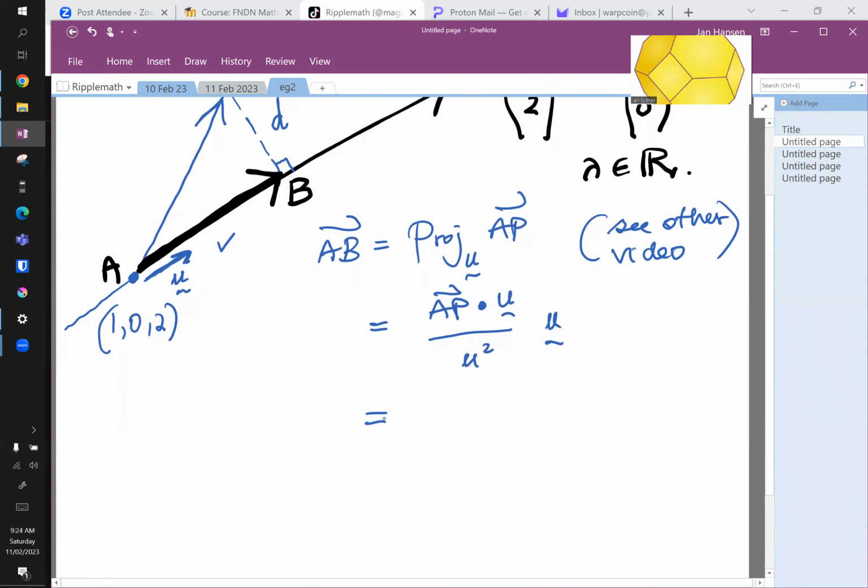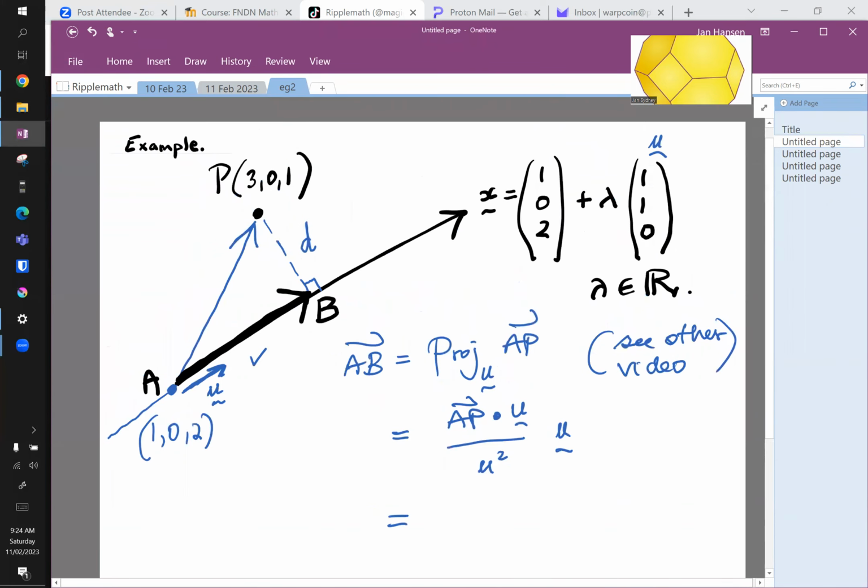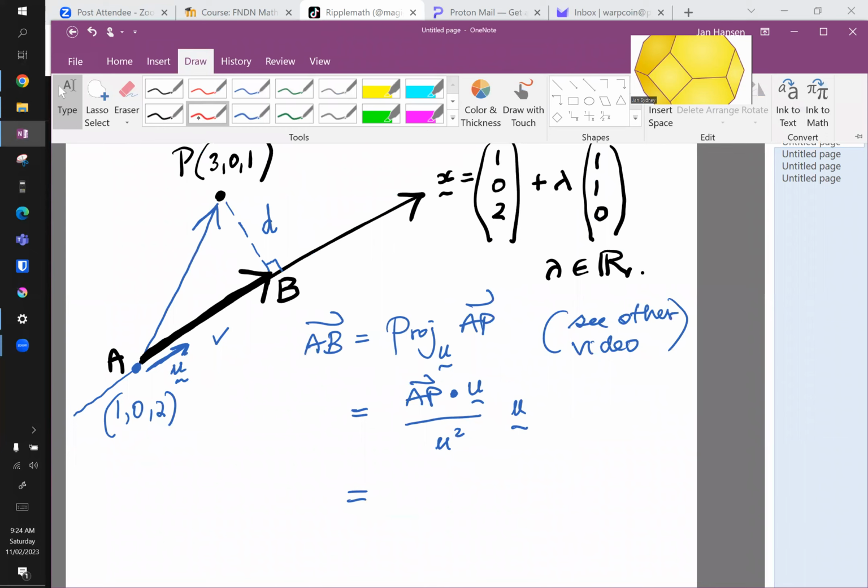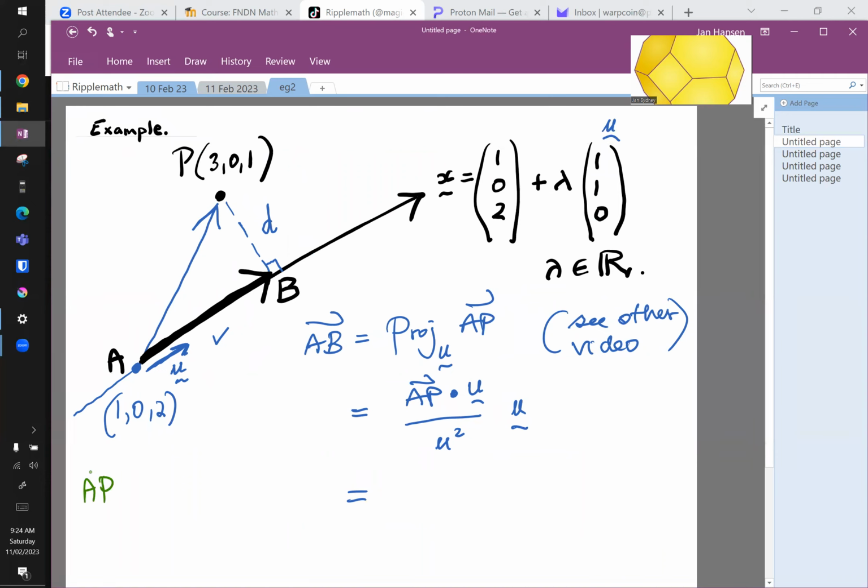If we apply that, we've got AP. We need to find AP. So let's do the AP over here in a different little color. AP is equal to (3, 0, 1) minus (1, 0, 2). So we're just measuring what changes there are from one point to another. So in the X direction, there's a 2. Then that's a 0, isn't it? So that's 0. And it's minus 1 in the Z direction. That is AP. So then we go, okay, (2, 0, -1) dot U, which is just (1, 1, 0),